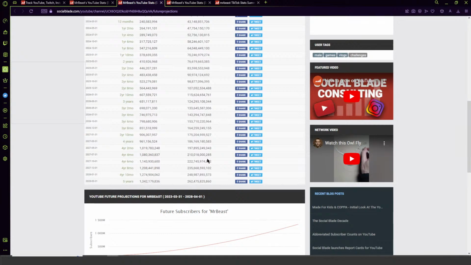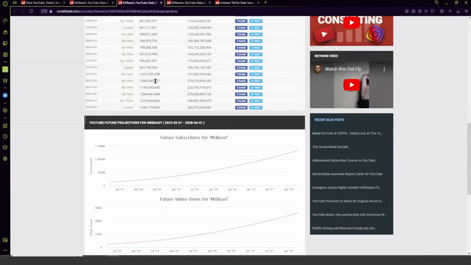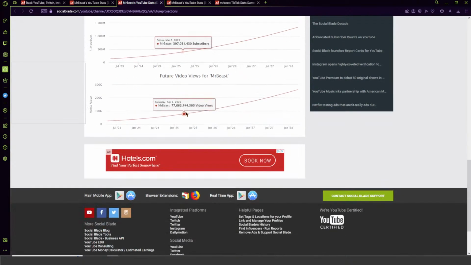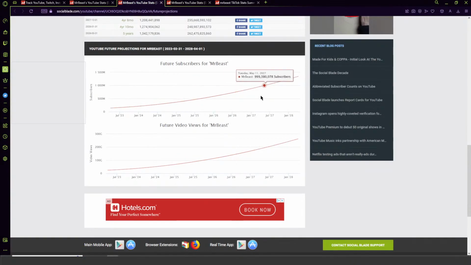But it's, again, just sort of an estimate based on their understanding. If we actually look at the graph here, we can see that it's more of a steady incline than an actual logarithmic curve, where if we were to plot that out, it would probably look more like this, where we have more of a steady growth here and starting to pick up like that. Just because the more you get, the more you're able to get. So I think that curve should be a little bit more dramatic there.